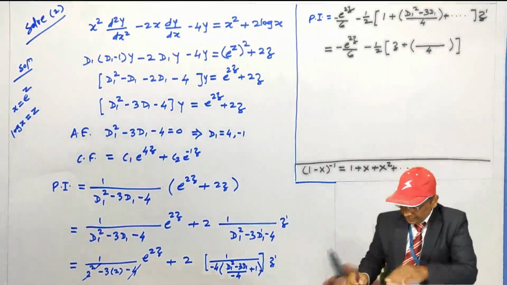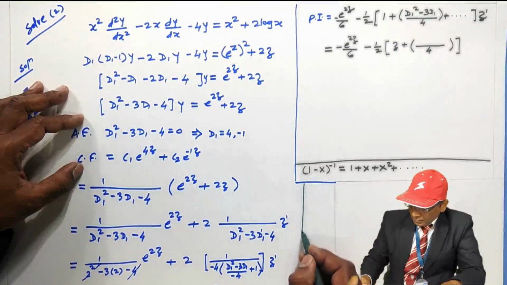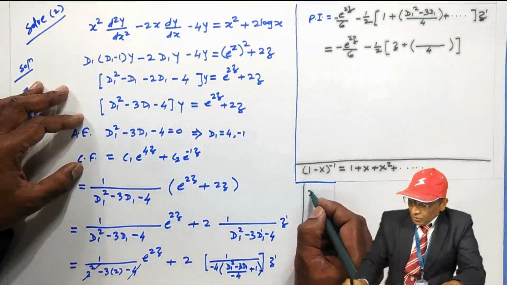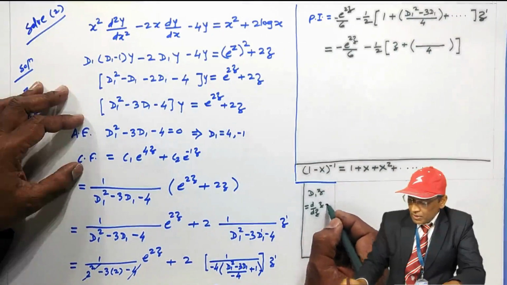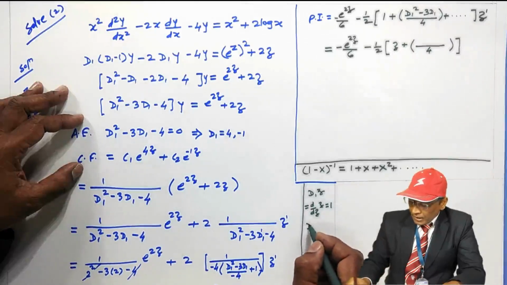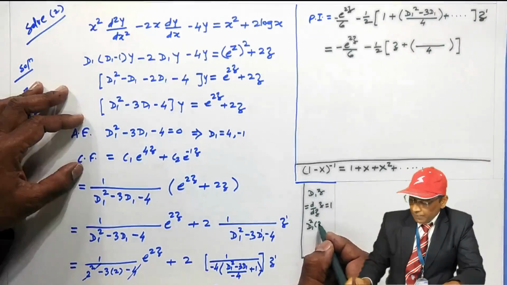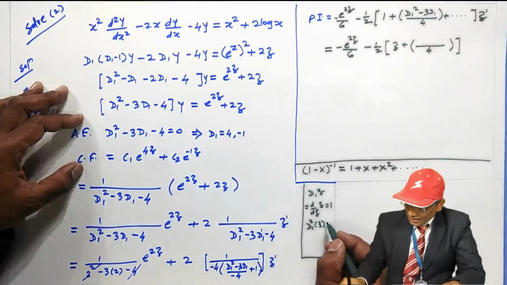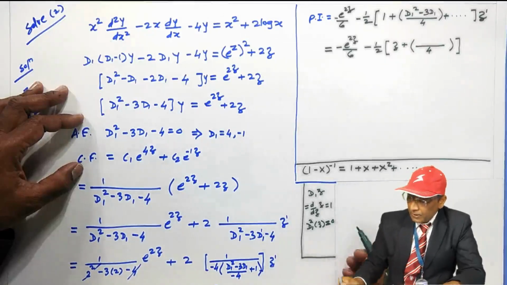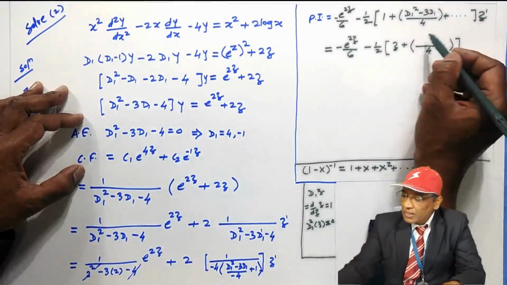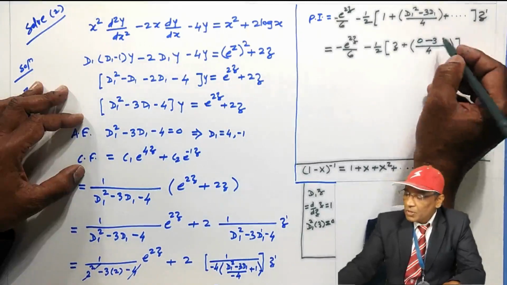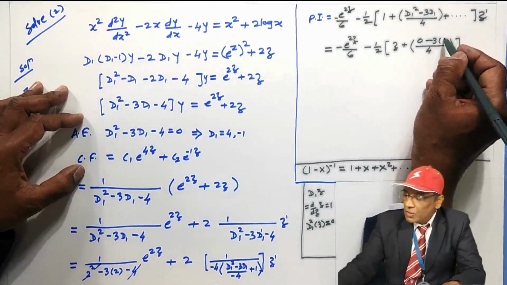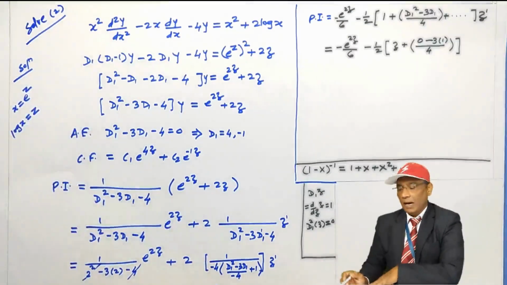See, here I am writing d1 of z, which means derivative of z with respect to z, which is 1. But if you take the double derivative of z, the derivative of 1 with respect to z, again it will be 0. Okay, means d1 square of z is 0. Minus 3 times d1 of z means what? Derivative of z with respect to z is 1. I have done it directly here.